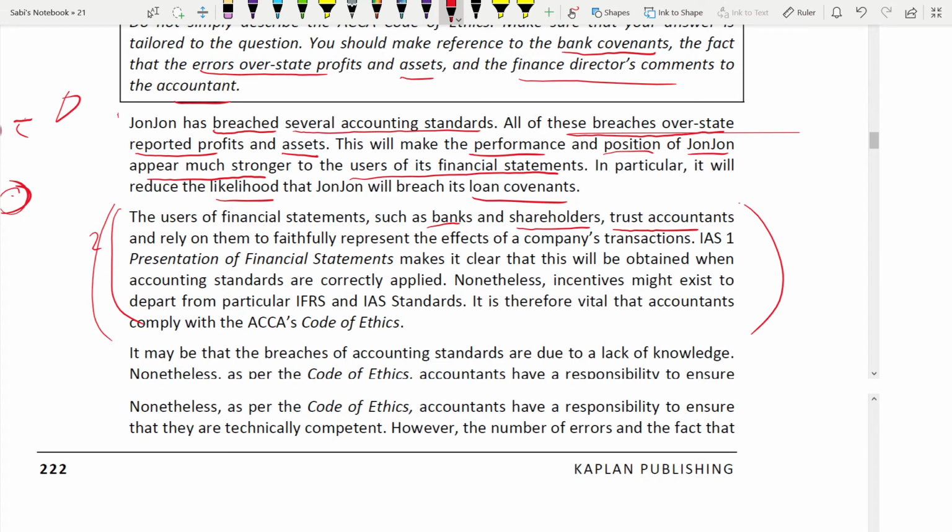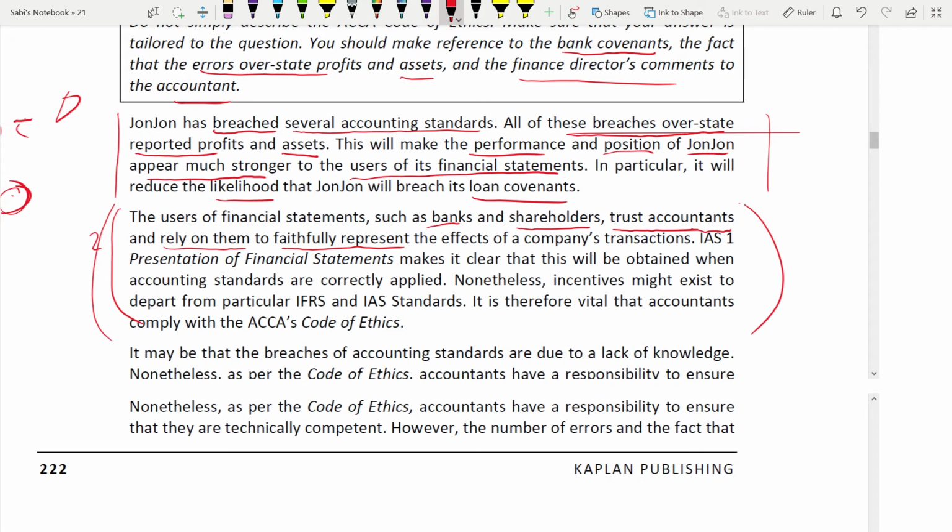The first is giving you the scenario of the case study, what's happening. The second is that they have to build their trust. They are accountable to the user. All those things. So they trust the accountant. Please see, we are not talking about the finance director. They trust the accountant, who is the one preparing it. The finance director is directing them, but it is the accountant who will be blamed if anything goes wrong because he prepared it.